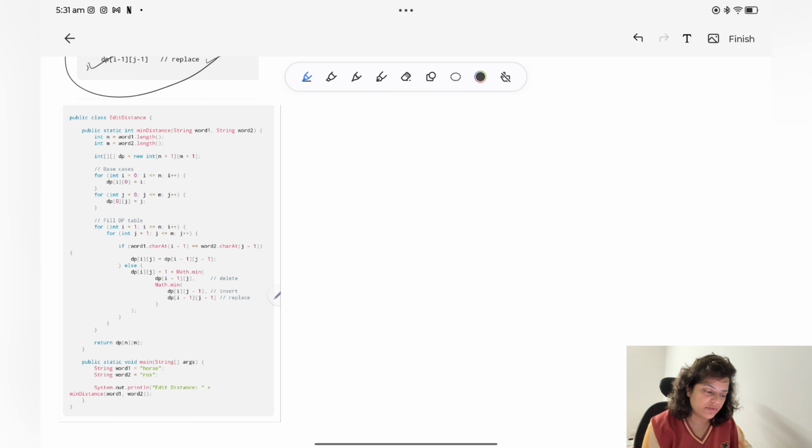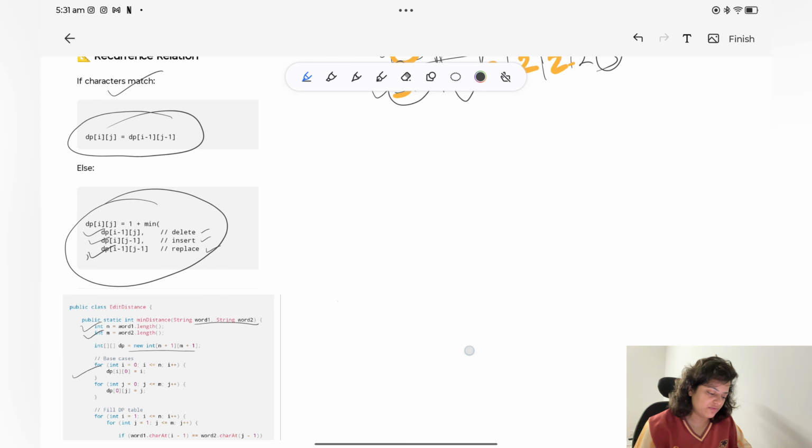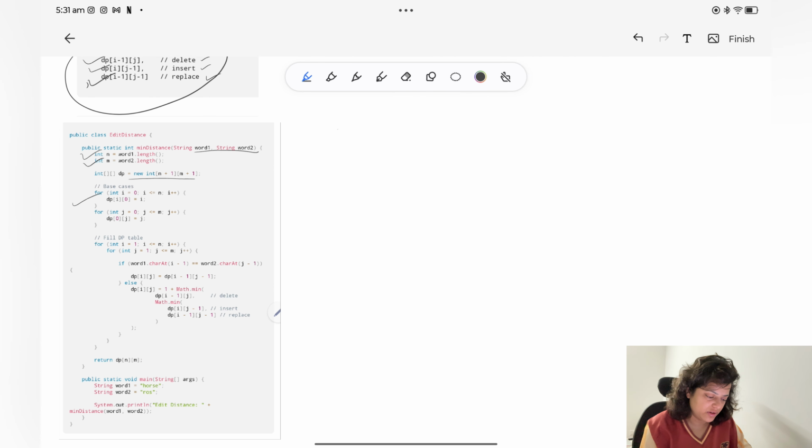And this is the program for that. You would be given 2 strings, word1 and word2. You will check their lengths, and then the dp array of size n plus 1 by m plus 1 because of that empty string. And then initially this is the base condition. You will just assign that 1 2 3, 1 2 3, these two lines. And after that you will run your recurrence relation. If both characters are equal, then just take the diagonal value, otherwise take 1 plus minimum of left, top and